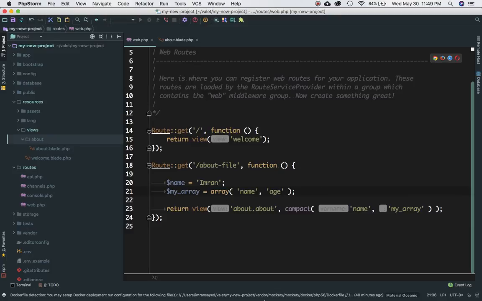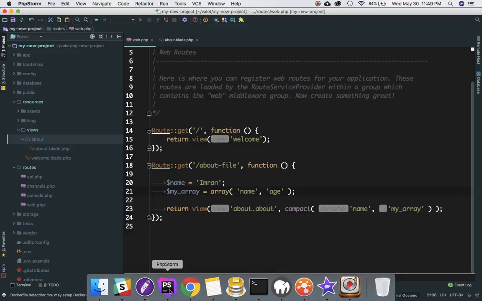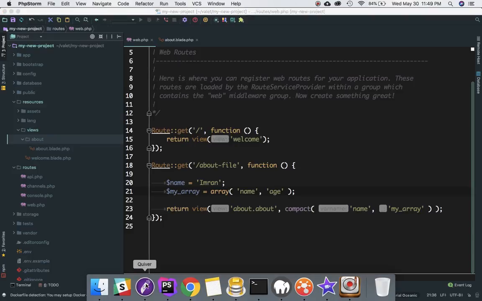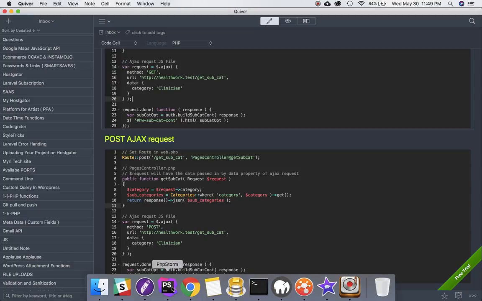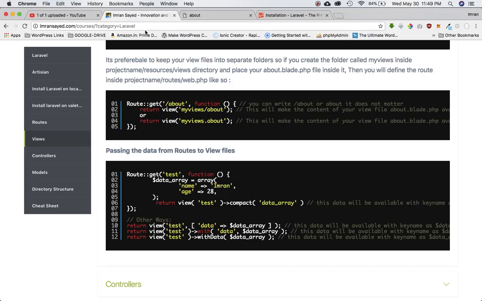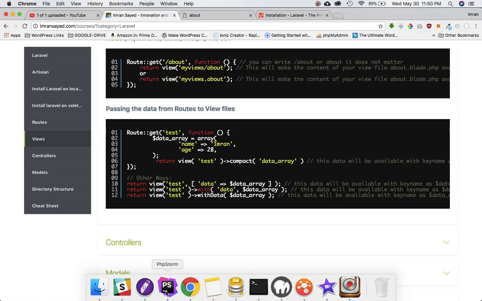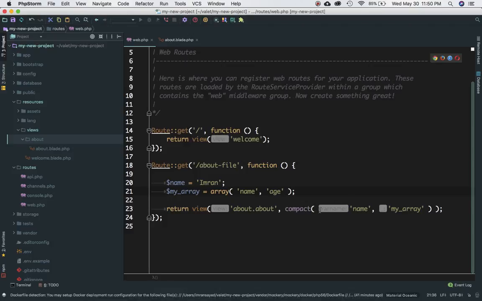Okay, great. There are different ways to pass data, different functions to pass data. Compact is one of the most common ones. There are other ones as well, so I'm just going to tell you which are the other ones. So there is one called compact, which I've already explained to you. Then there is, in the braces you have data and then data arrays, so I'm just going to tell you that one as well. So if I had to pass the same thing using that method,